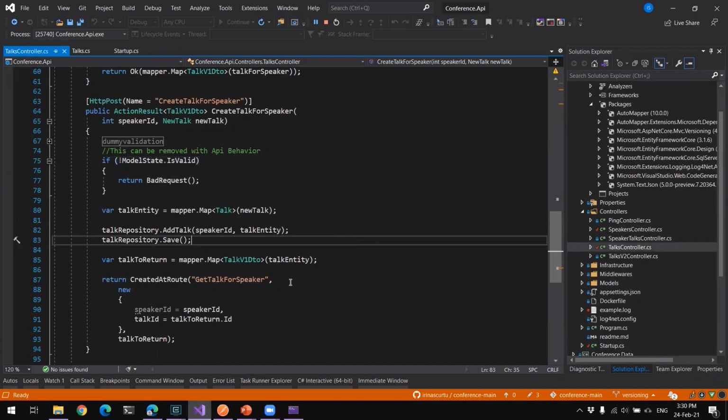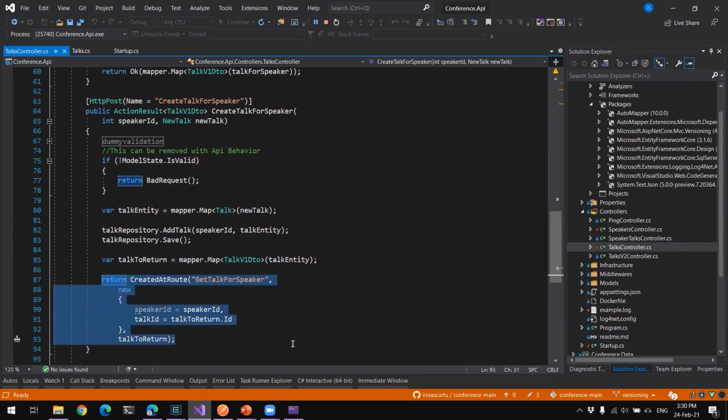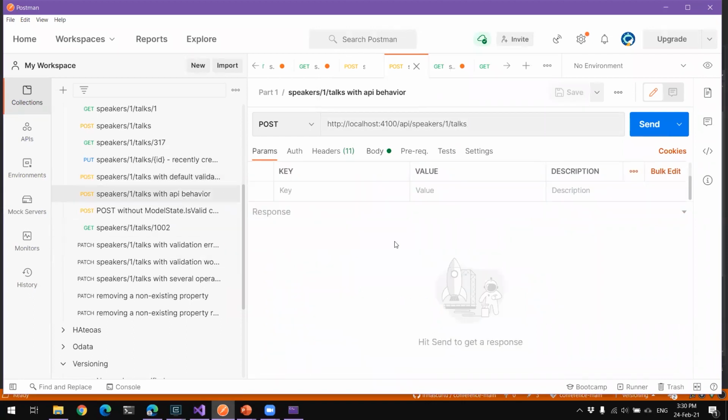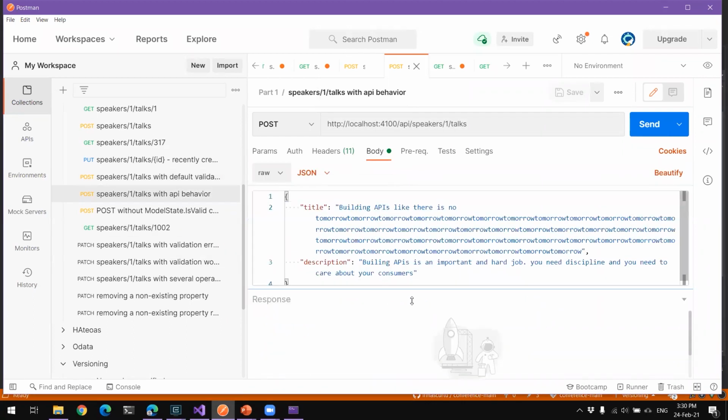But also, since we're here, as a best practice, when you're creating a new entity, you should return something like this, created at route, because that will return a location header in your response. Let's see if I have a correct body.